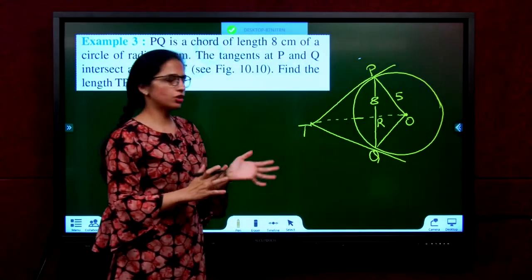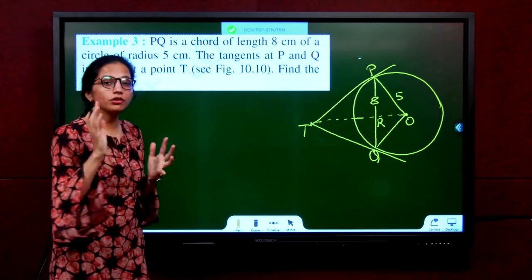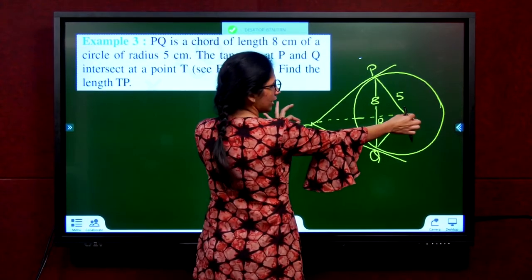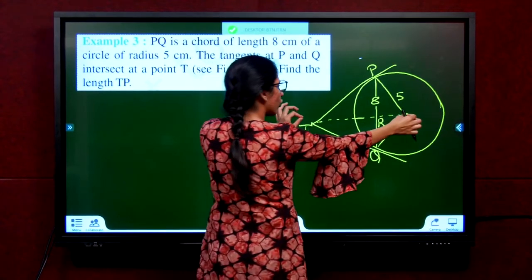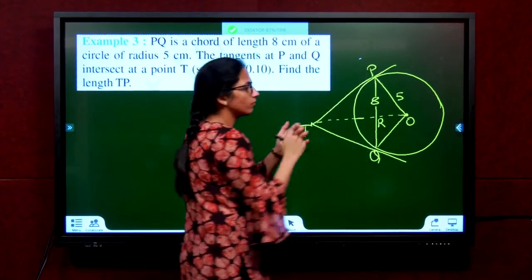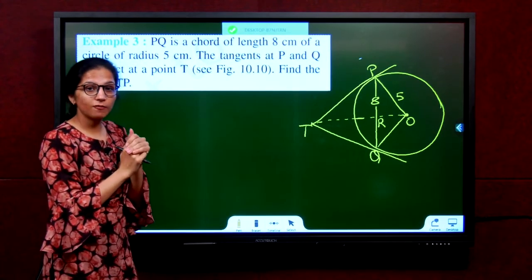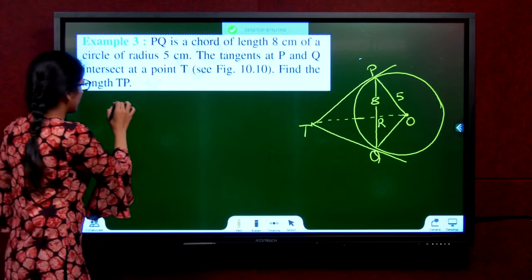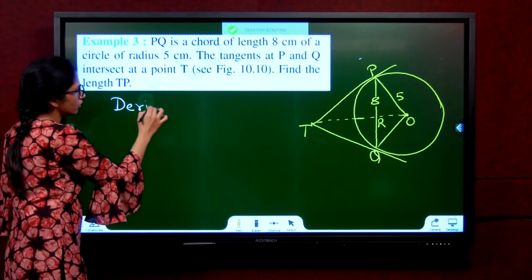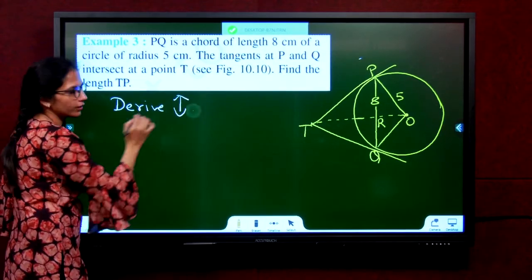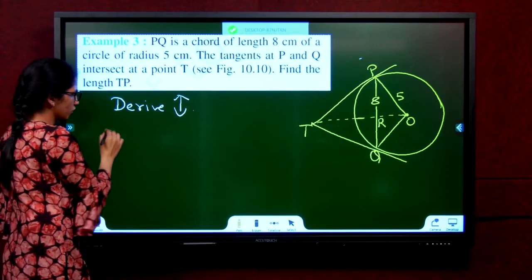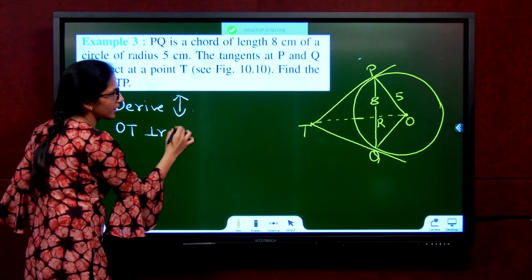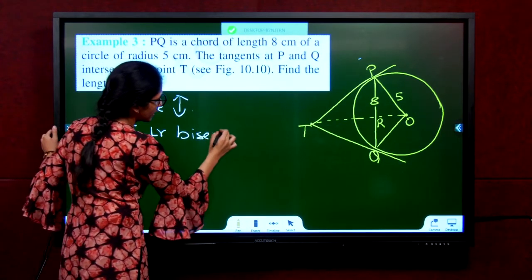Now what we have to do in this question is, I am directly going to use the note we got. This is the external point to the center. If I join, can I say OT is perpendicular to PQ? And it is a bisector of PQ. We have derived it in detail. You have to derive it over here. I am going to leave some space here. You do the derivation. Okay? So after the derivation, what do we get? We get to know that OT is the perpendicular bisector of PQ.